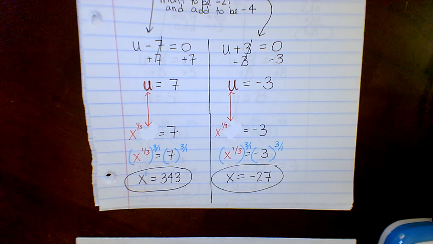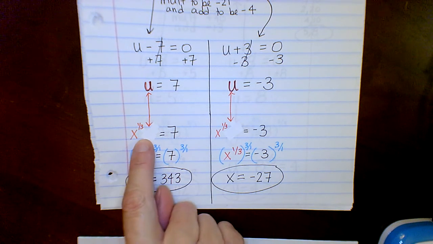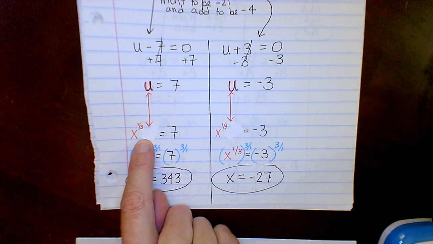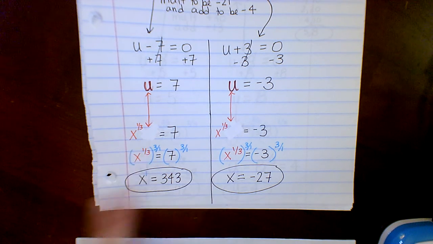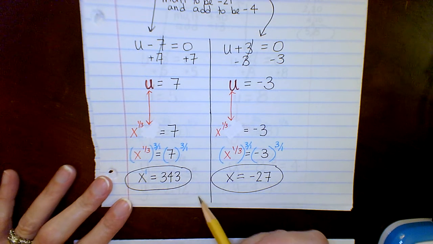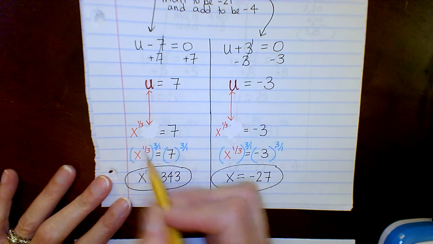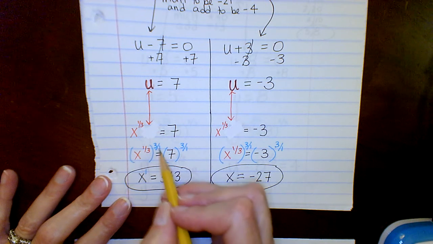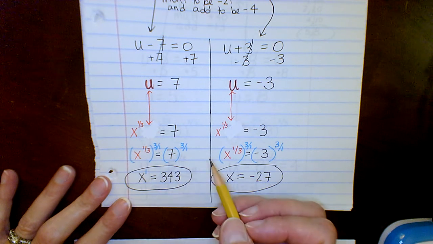x to the 1/3 is the same as a cube root. Remember those? The opposite of a cube root is a cube. So what I can do is raise both sides to the third power. And honestly, what I'm really doing is I'm just raising both sides to that reciprocal power. And I'm telling you that